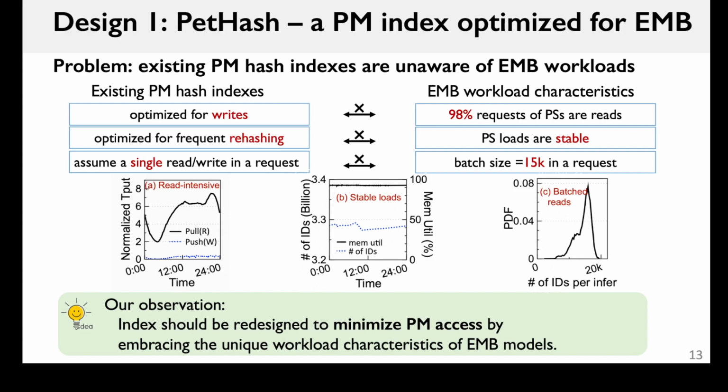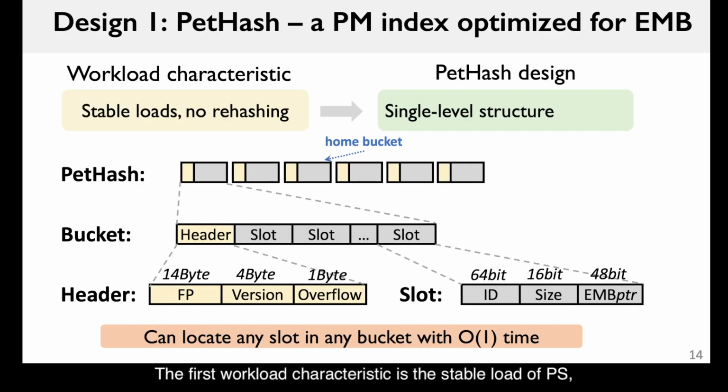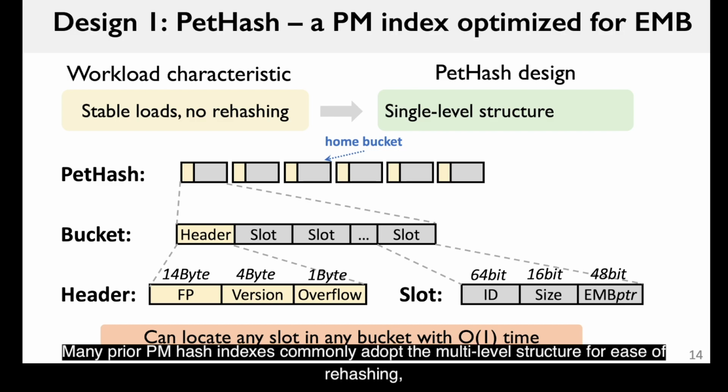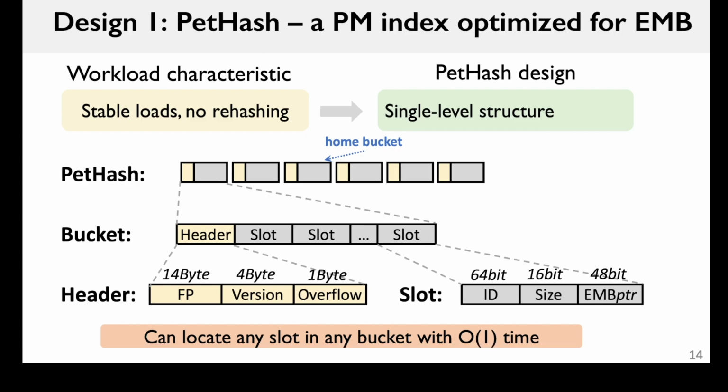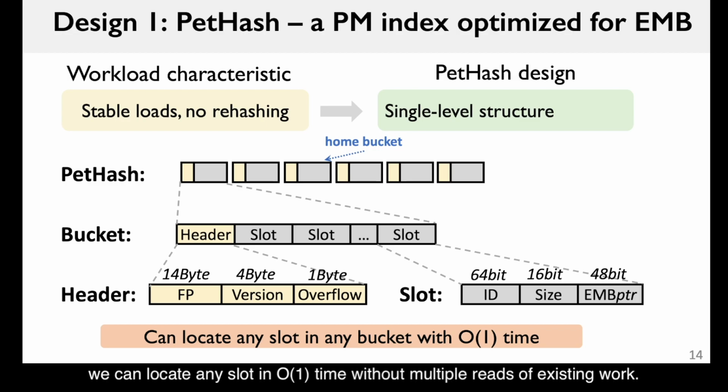by embracing the unique workload characteristics of embedding models. The first workload characteristic is the stable load of PS, which eliminates rehashing. Many prior PM hash indexes commonly adopt the multi-level structure for ease of rehashing, but pay the cost of multiple PM reads for locating one slot. Instead, PET-hash uses a single-level structure, with the advantage that we can locate any slot in O(1) time without multiple